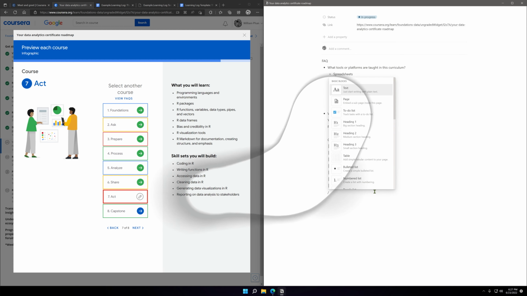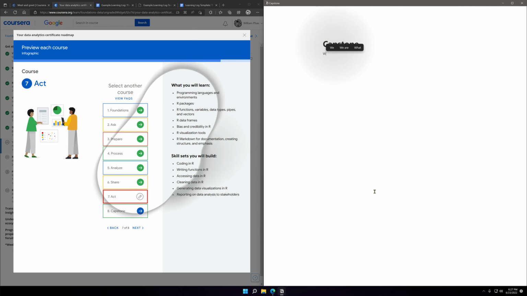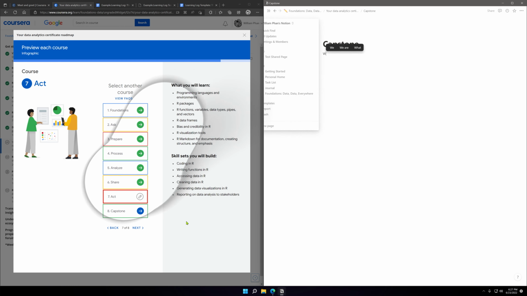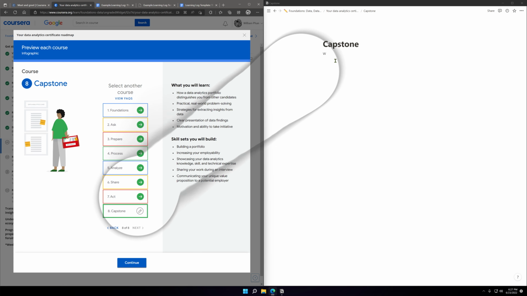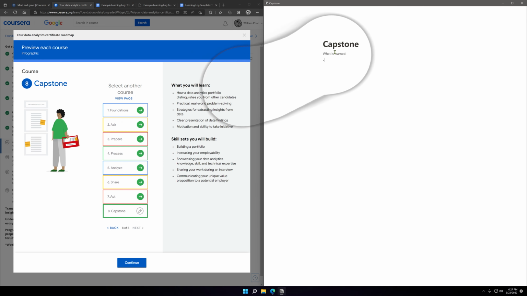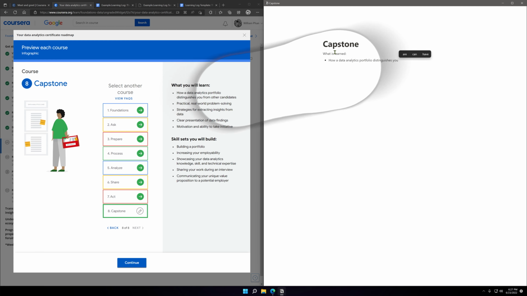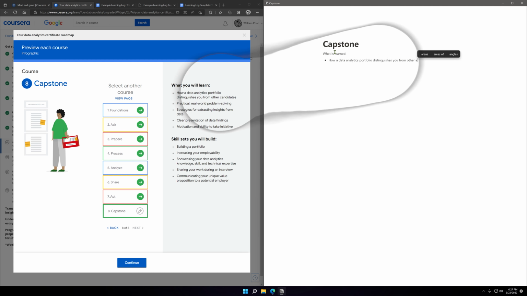Capstone. And a data analytics portfolio distinguishes you.